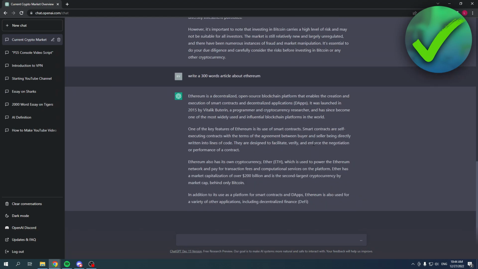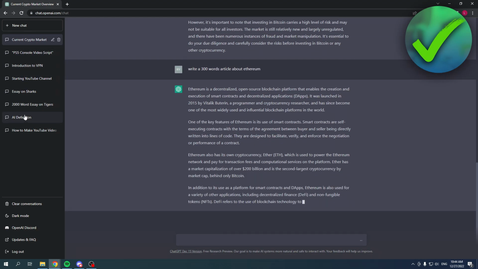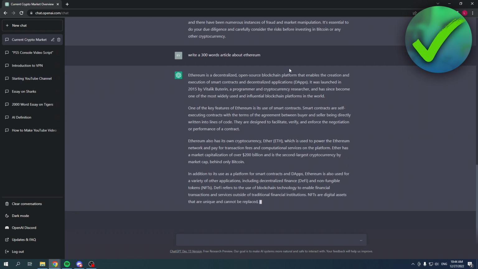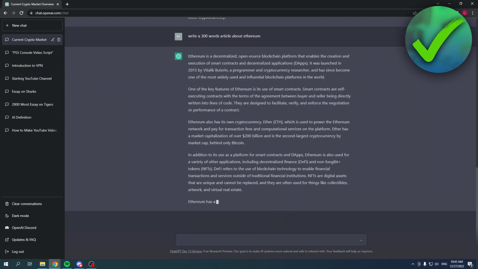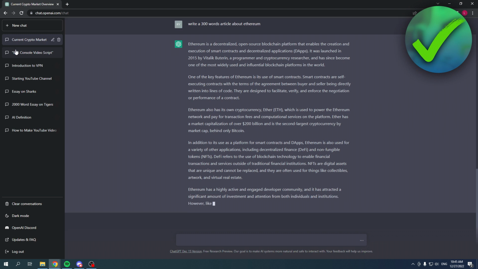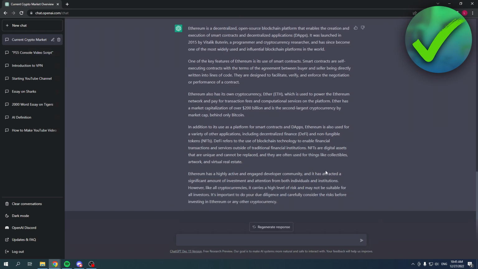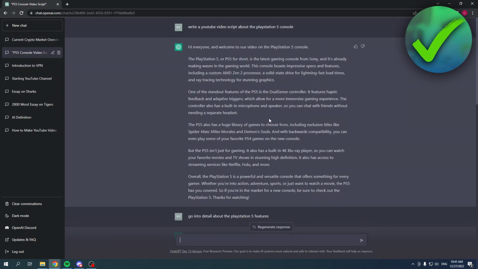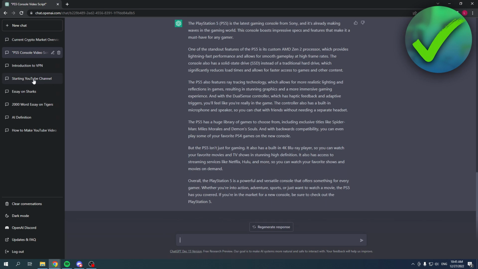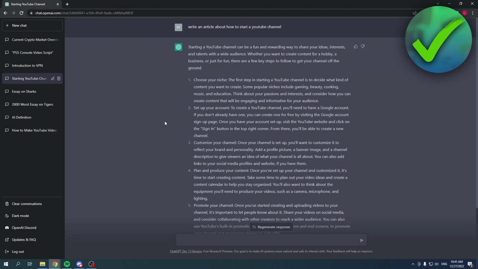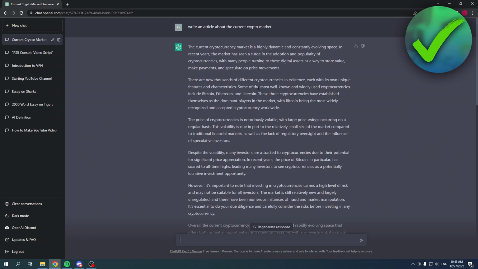And the great thing is that on the left you can see all of these chats. So I can simply stop this chat and continue another one, or I can close this window down, log back in, and I can continue the exact same chat again. So over here I have had this chat and I've already asked this. So yeah, that is pretty great.